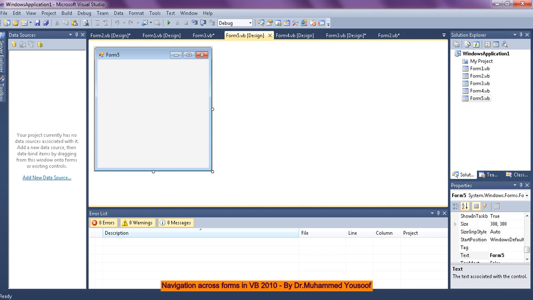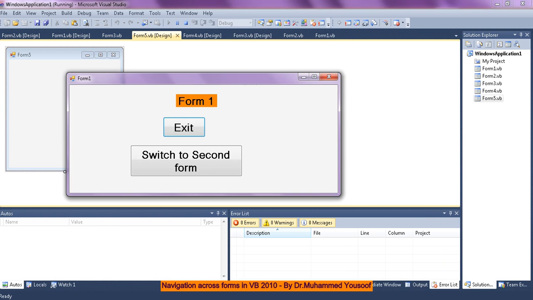So when I open form 1, that is the default form. Then I have a button to switch to form 2. Then I have a switch to form 3. From 3 I want to go back to 1. So forms 4 and 5 I just show you here, but I am not using them. I wanted to show you how your project should look. Now let us run this project to see how it works.